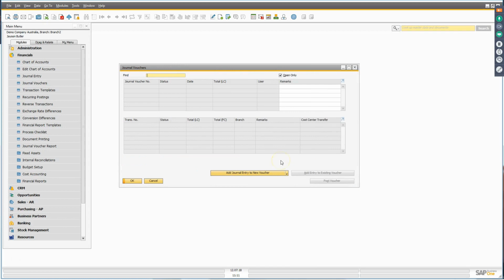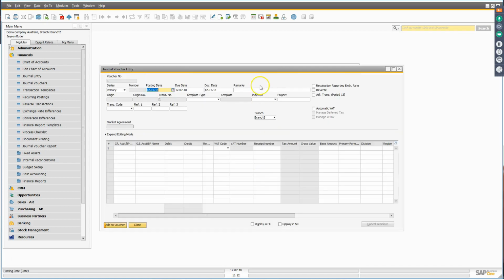Very often when we do journal entry imports, we prefer to import them as journal vouchers. That gives us the opportunity to go through those journal entries inside SAP as a voucher and check them before we release them and commit them into the database as actual journal entries. So I'm going to go ahead and add a new journal entry voucher,